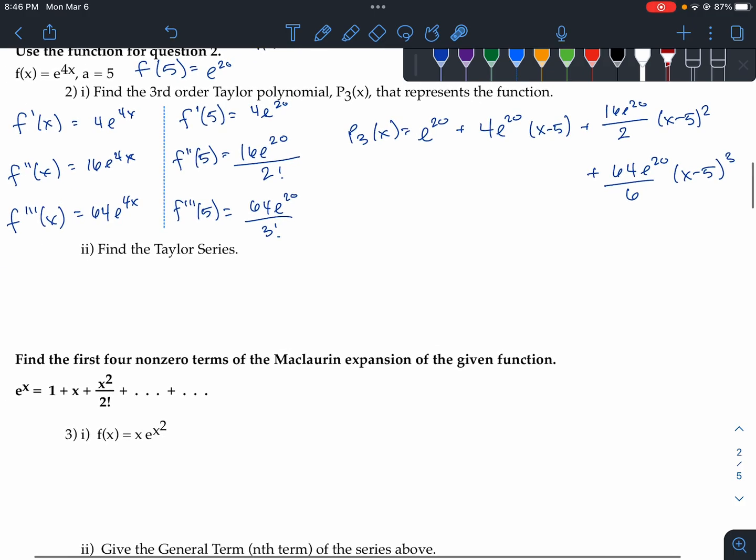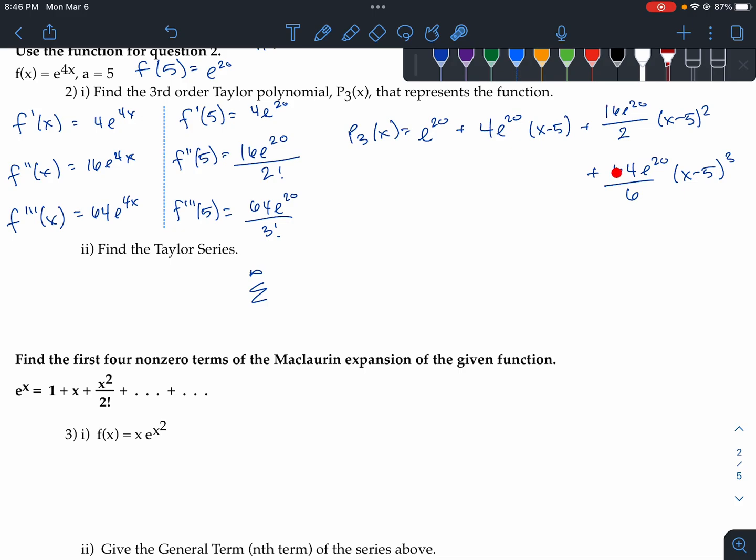Okay, so for this next part, find the Taylor series, not the Taylor polynomial. So the Taylor series, I'm going to wait off until I know what I want to start this with. But my nth term, what would my nth term be described as? Well, I notice that I always have an e to the 20. So there's always going to be that. So it's going to have to include that. Also, each term is 4, so this would be 4 to the 0, this is 4 to the first, this